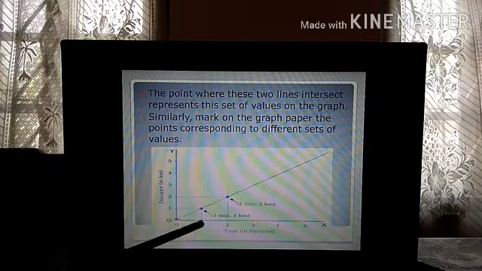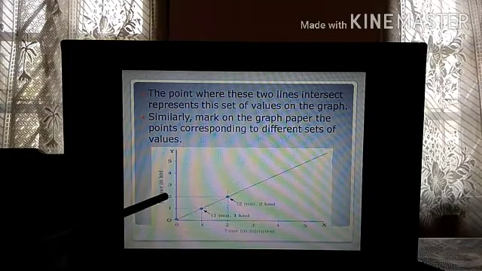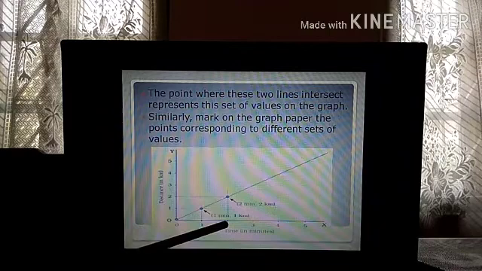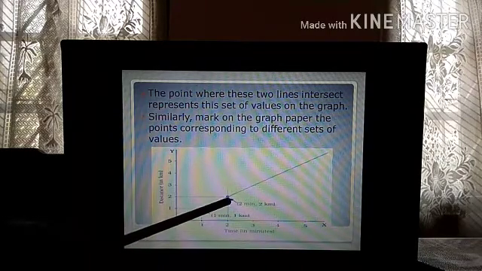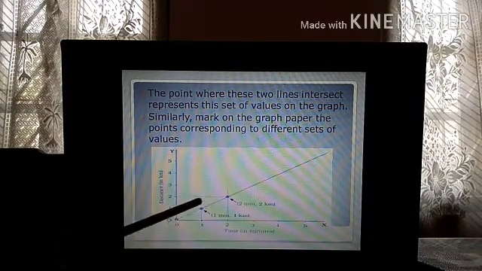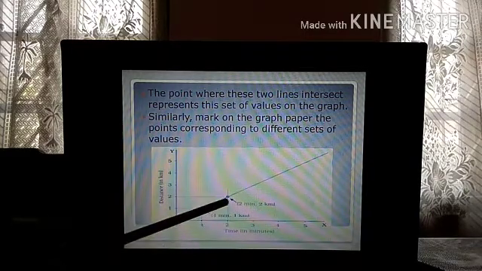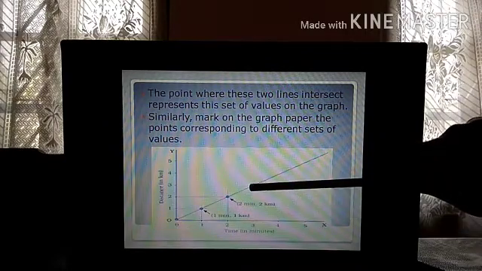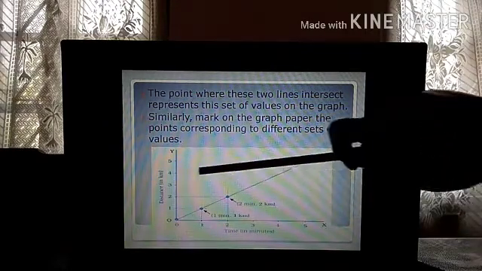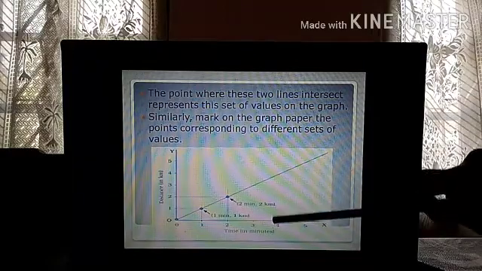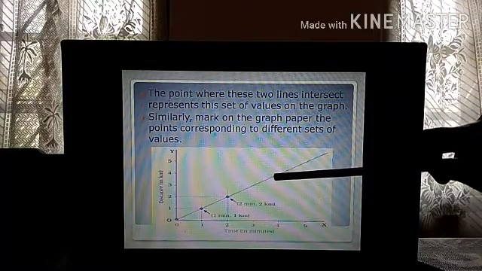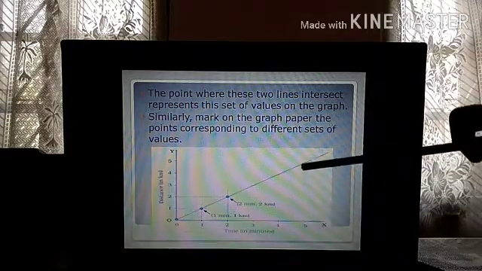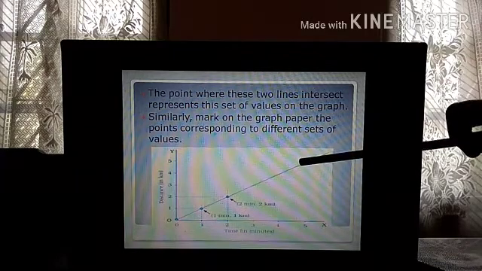Similarly, suppose for time 2 minutes, the distance covered is 2 kilometers. So you mark this point. Here when you draw the perpendicular line, this point will be what? 2 minutes and 2 kilometers, because both the values are coinciding at this point. Similarly, for 3 minutes 3 kilometers, this will be the point. For 4 minutes 4 kilometers, you have to draw a line like this, and from here you have to draw a line like this. This will be your point. For 5 minutes you need to draw a line till here, and from here you need to draw one line. So here it will be 5 minutes 5 kilometers.